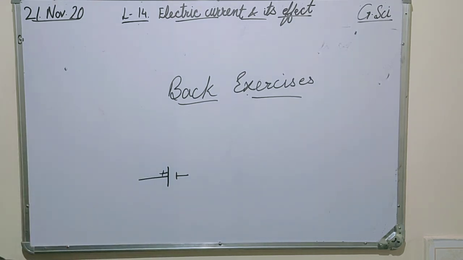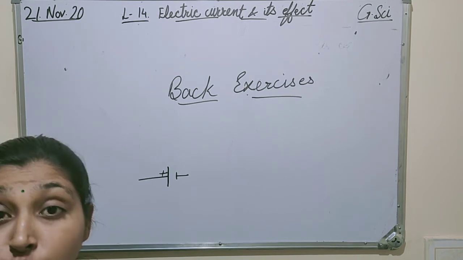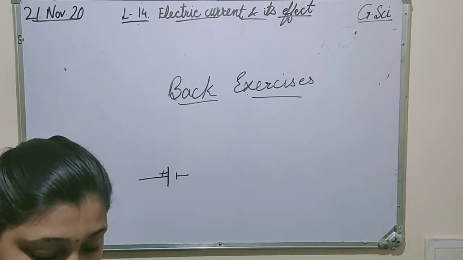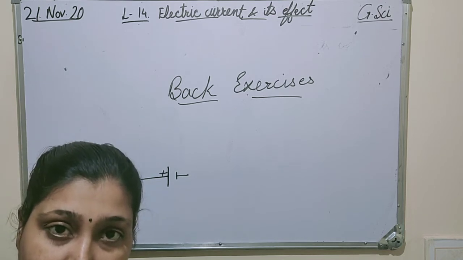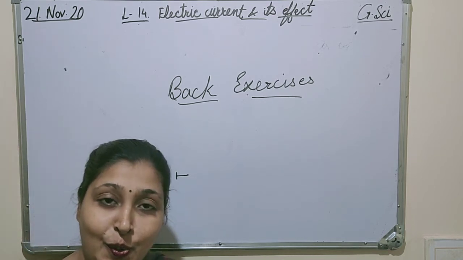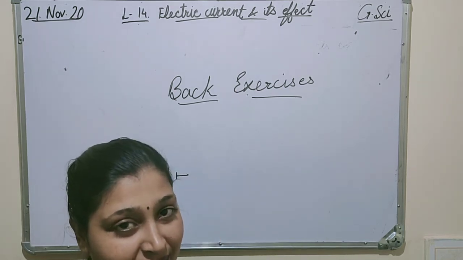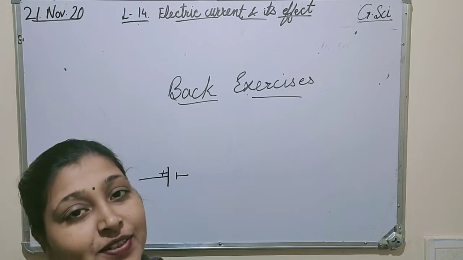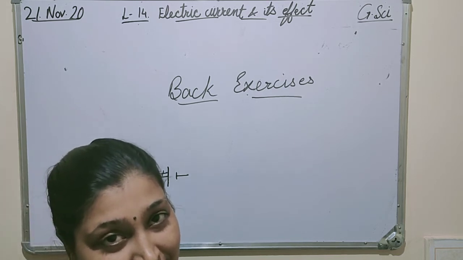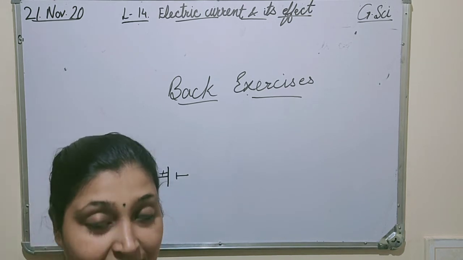Okay. Electric bell has an electromagnet. Yes, we had studied. It is having an electromagnet of U shape. Remember? Do you think an electromagnet can be used for separating plastic bags? No. Why? Because plastic bag is a non-magnetic material and an electromagnet cannot attract non-magnetic materials. Okay? So plastic is a non-magnetic material.